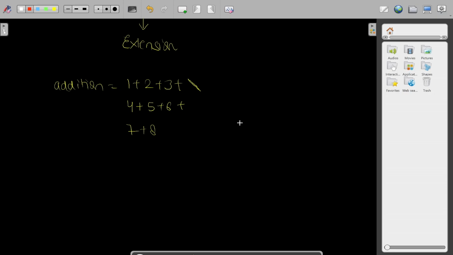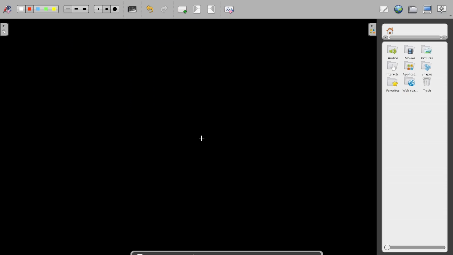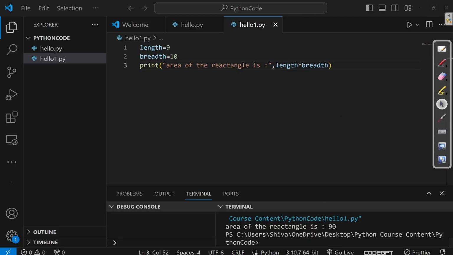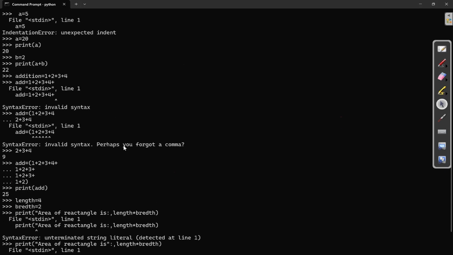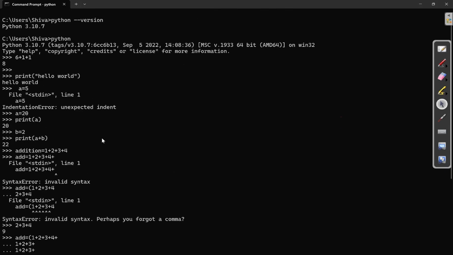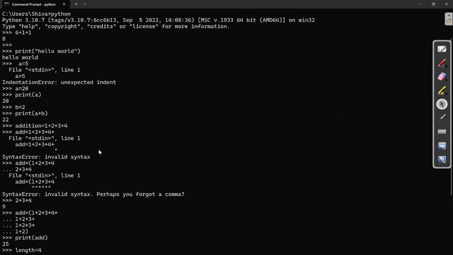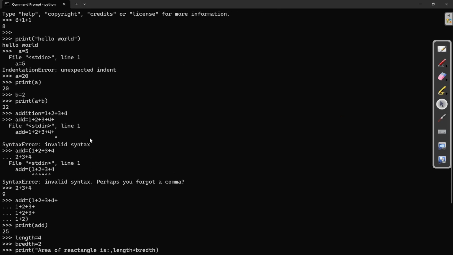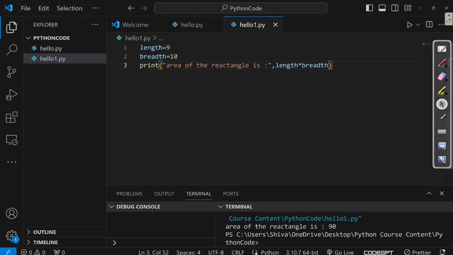Now let's understand the concept of indentation. That is also a very important thing, because Python always works on the indentation part, because without indentation we will always get the error. So when I was writing the code over here, as you can see on this line, somewhere I was getting the indentation error. I think I was getting the error. Yeah, this one, unexpected indent. I was getting the indentation error. So let's understand about the indentation.